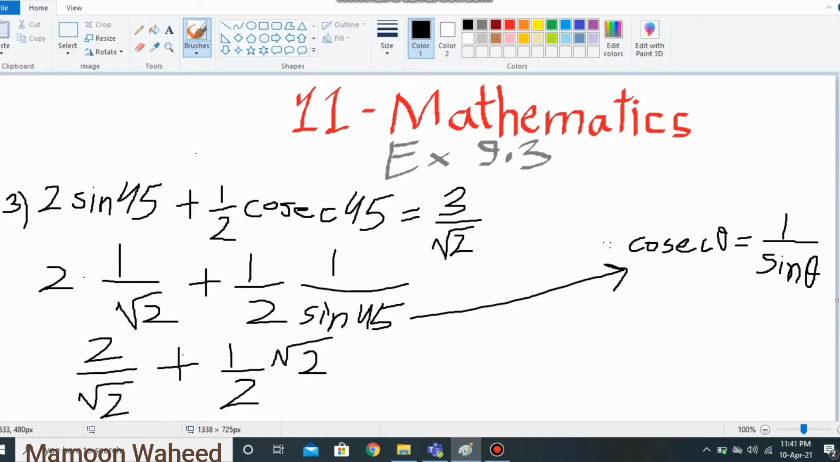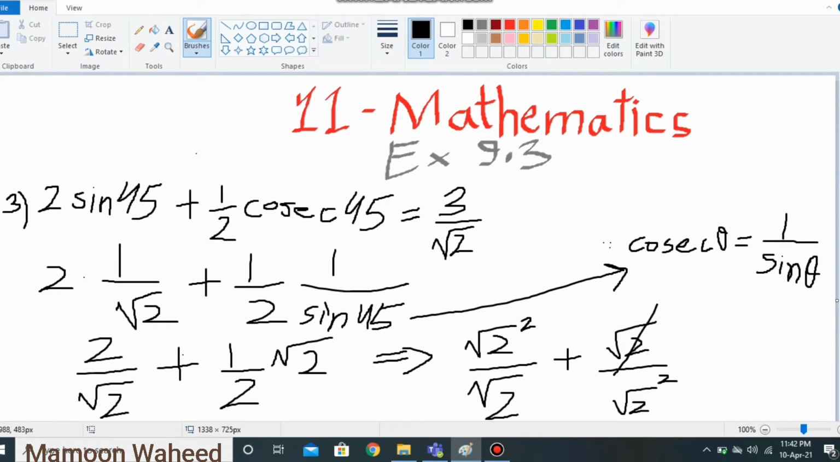As you know, 2 can also be written as square root 2 whole square. So this will become square root 2 whole square divided by square root 2, whereas the other two will also be treated the same way. Cutting is done and it will be equal to square root 2 plus 1 over square root 2, which after LCM comes out to be